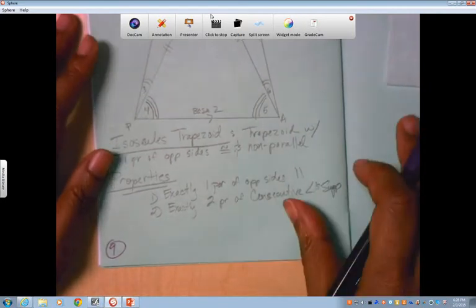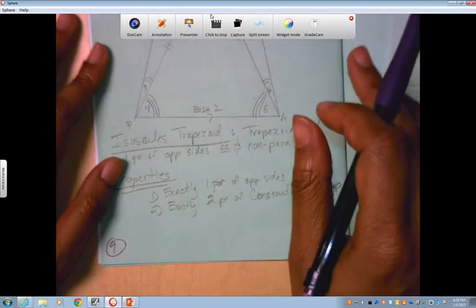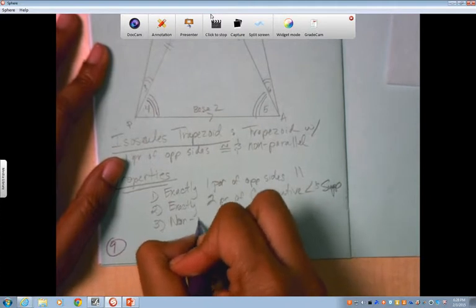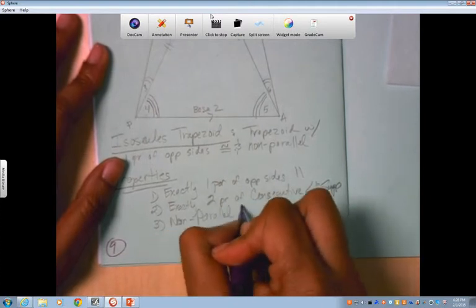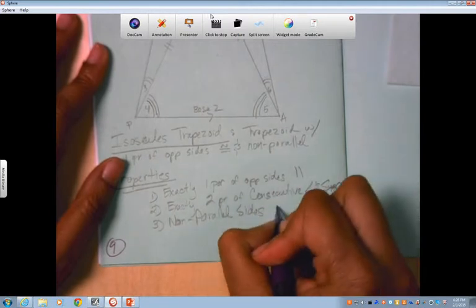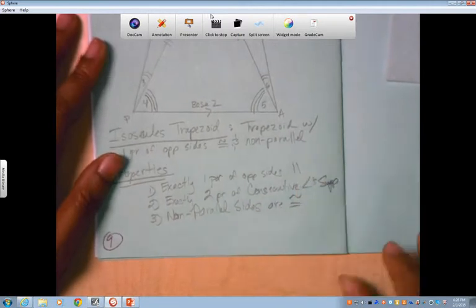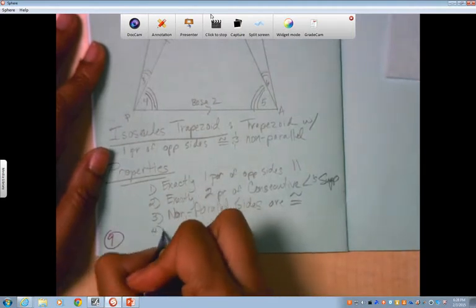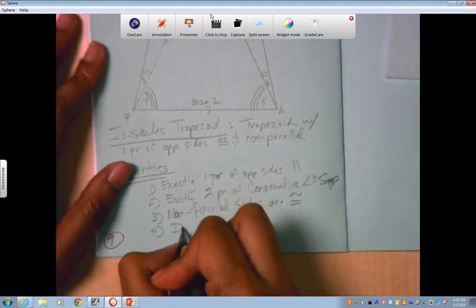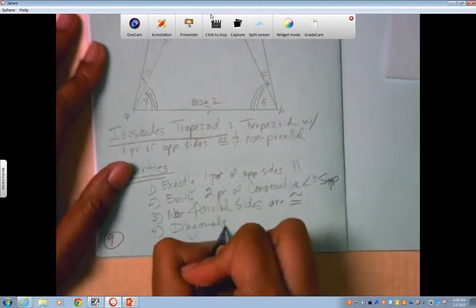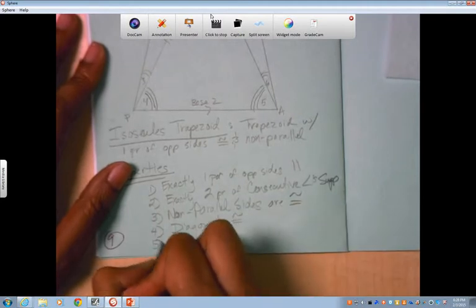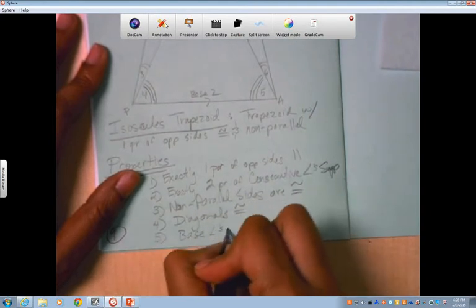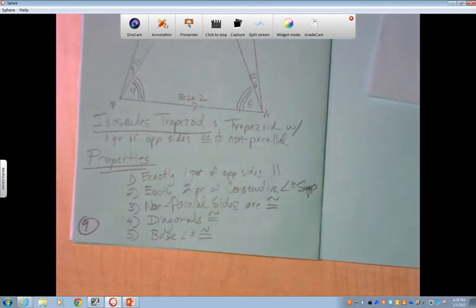Now in an isosceles trapezoid, you have those properties. Your non-parallel sides are congruent. You have diagonals that are congruent. And the last one, hopefully you have room: you have the base angles that are congruent. So that pretty much wraps up our